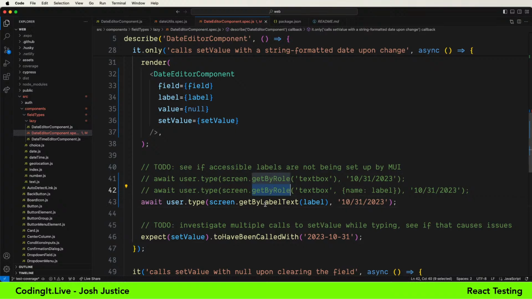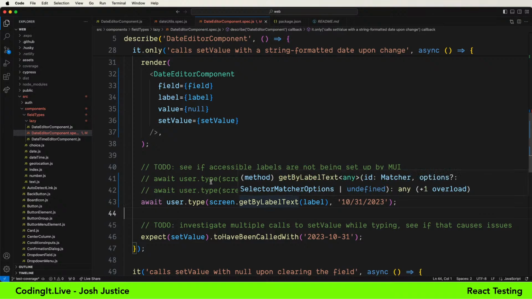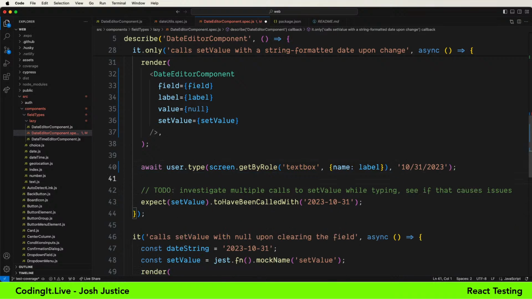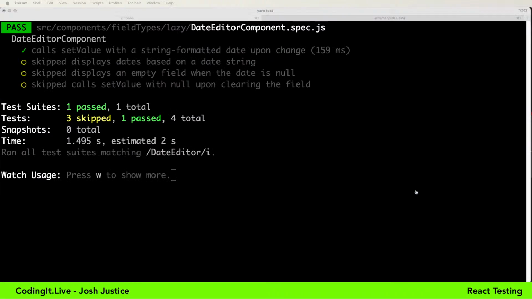There can be some performance implications for get by role. So on my client apps, the last couple ones that I've done since starting at Test Double, we've moved away from get by role. But these are very small isolated tests here. And so I think I am going to stick with get by role because it's nice for documentation purposes. And by using this get by role, we're confirming that the app is actually accessible. And so that's good because I want to support accessibility for the broadest range of users. I think that's a very important thing for us to do as web developers.